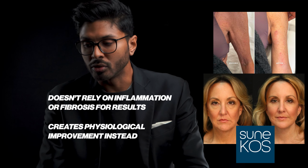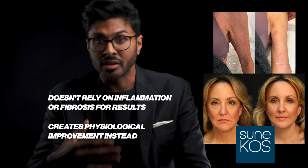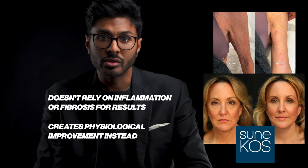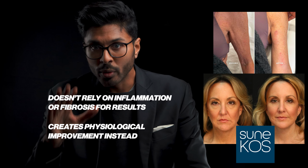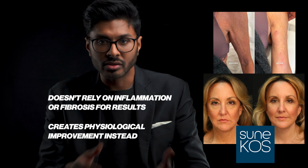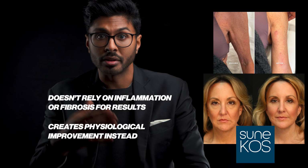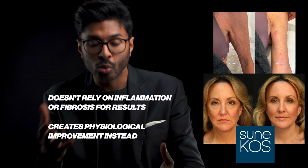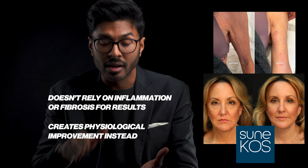I think the reason people still use Sculptra nowadays is because the marketing is pretty good, because it's been around for so long, and coupled with the fact that doctors, I'm sorry to say, don't always look into products in detail. They just see the surface look smoother due to the inflammation and things like this happening underneath. They don't seem to have enough brain cells to question what the internal change is as a result of the